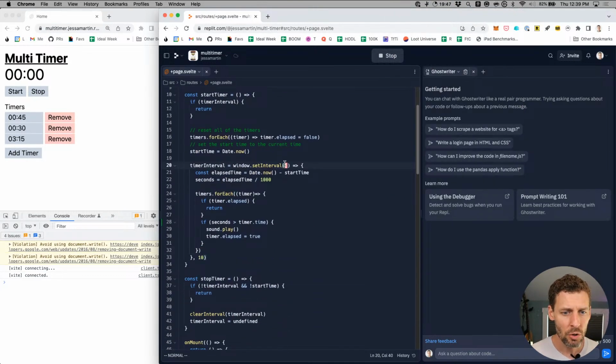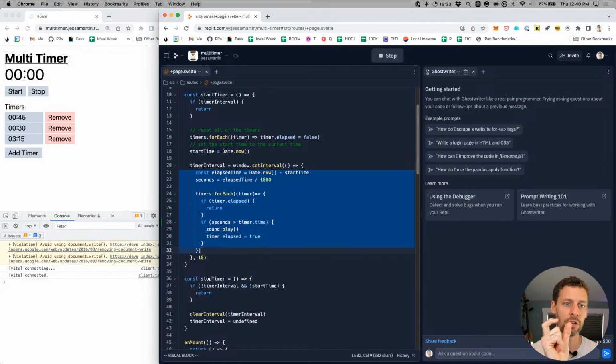Okay, so I mentioned that the way timer playing works is it plays once and only once because of this loop. What happens is you set an interval on the window for the DOM, and what an interval does is when the interval of time elapses, it calls a function. And until you clear the interval, every single time that time elapses, it will call the same function. So this function that I've got highlighted on the screen right now gets called every 10 milliseconds, pop, pop, pop, pop, continually back to back.